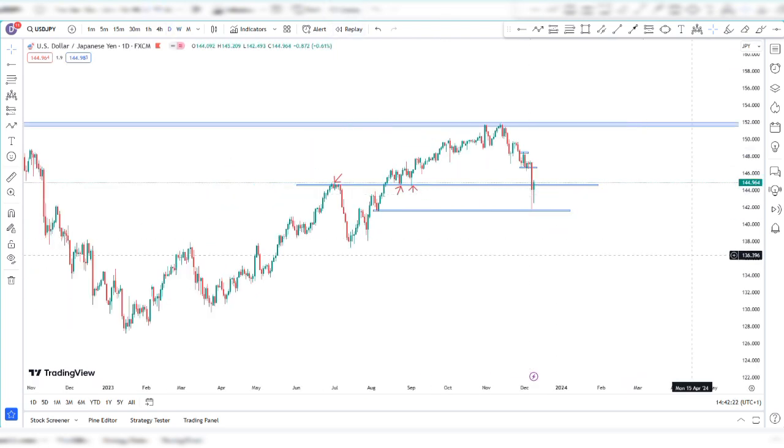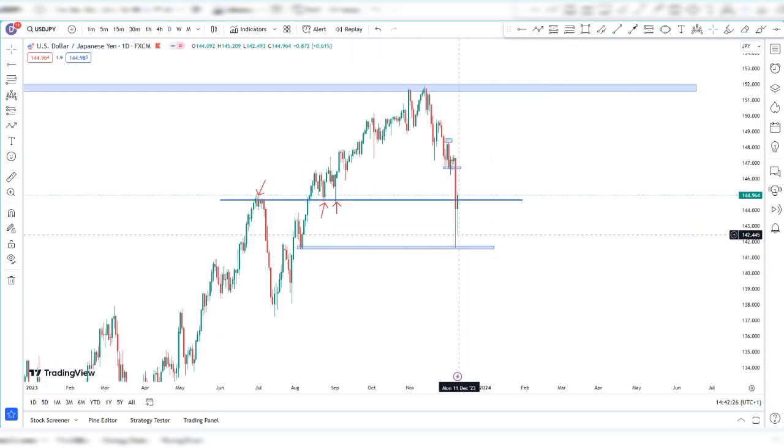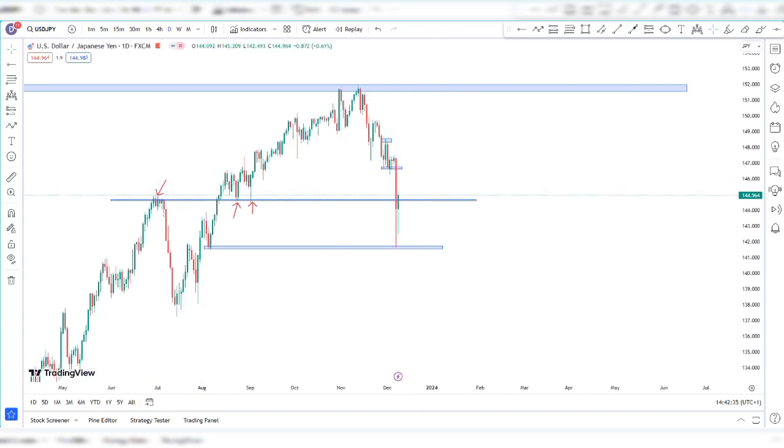Going to the daily time frame, we can clearly see the bounce here from this zone where price has tested previously, and price has closed above this 144.7 area, which I pointed out previously. It was a resistance zone, and then became support after breaking through. So what I am expecting, given this long wick where there are a lot of buyers in the market, followed by this pin bar, with a very long tail and a body which is not up to the size of the tail, closing above this resistance level again is a strong buy